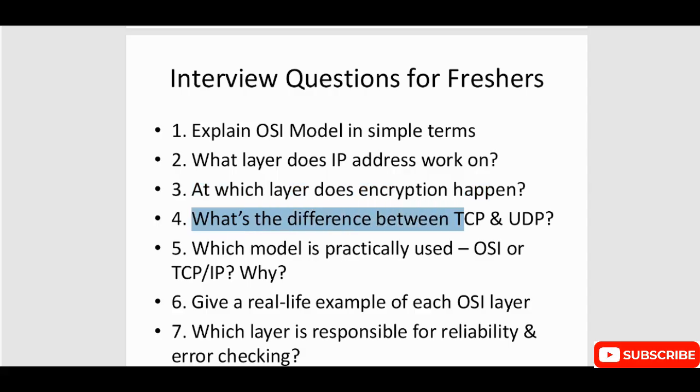What is the difference between TCP and UDP? Which model is practically used, OSI or TCP/IP, and why? You have to explain everything.